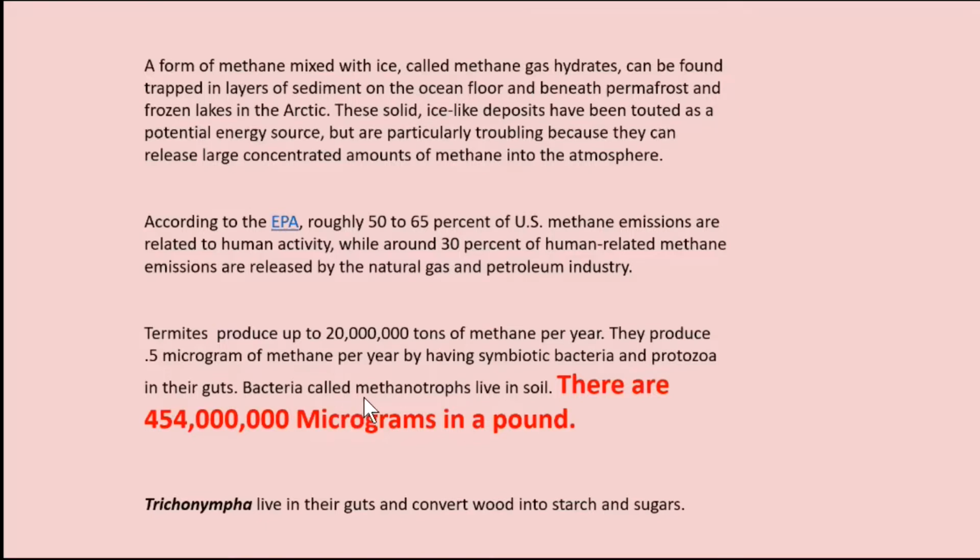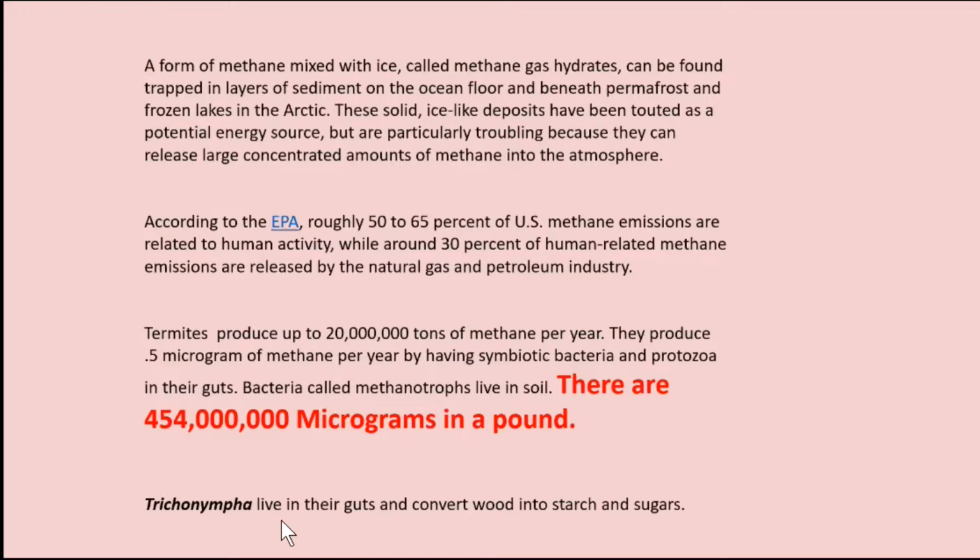And there are 454 million micrograms in a pound. So you multiply that by the number of tons, if either 2,000 pounds, but if this is a metric ton, it's 10% more. So a metric ton is equal to 2,200 pounds, whereas the short ton we have in America is 2,000 pounds. So again, we have to figure out, are we talking metric or short ton? And sometimes they don't say, so we should go with the most conservative one. So we're dealing with a lot of grams here, okay?